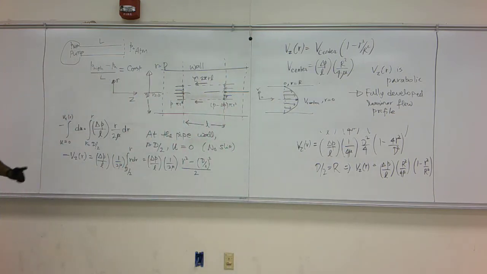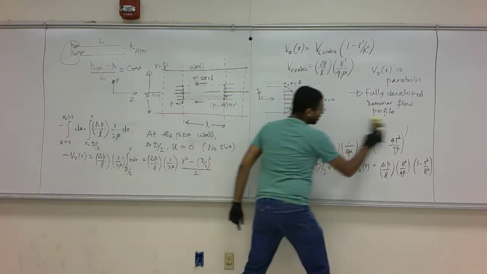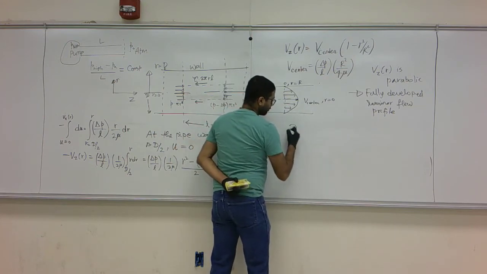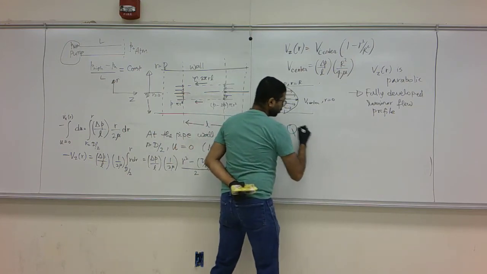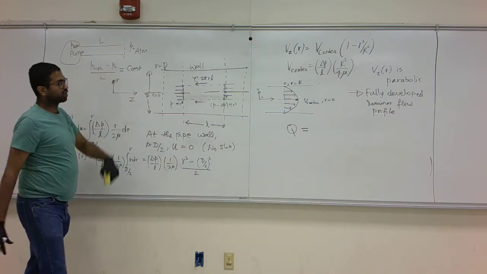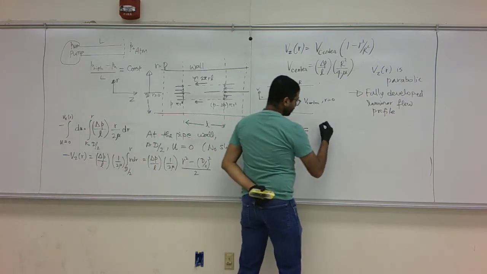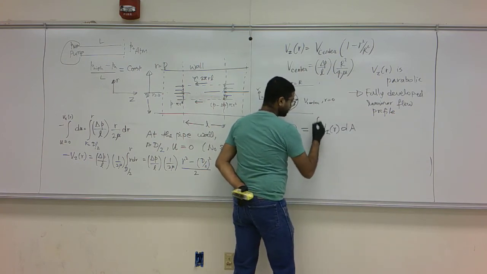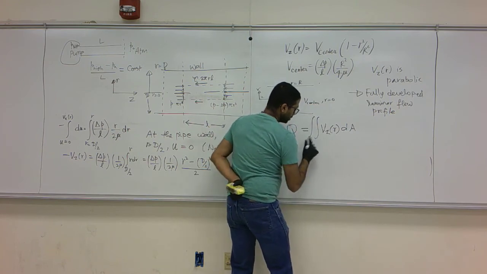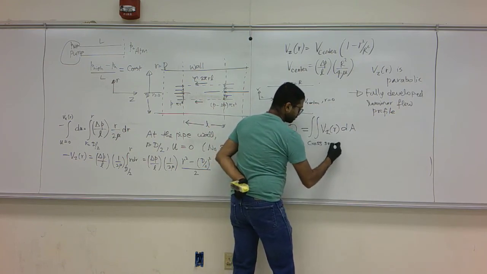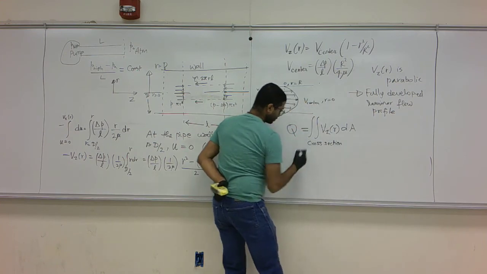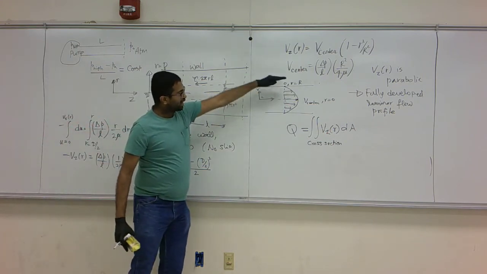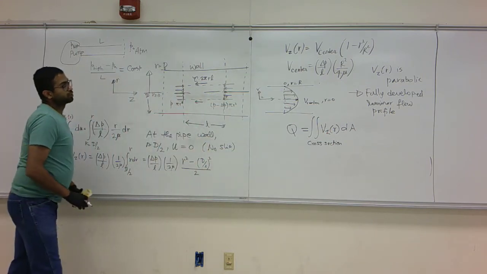Before we do that, let's take our velocity profile and try to compute the volumetric flow rate through this pipe. That would be Vz of r times an area element over the pipe cross section, which is a circle. So you want to integrate this velocity profile over the entire cross section. That is your objective. So if you think of a circle,